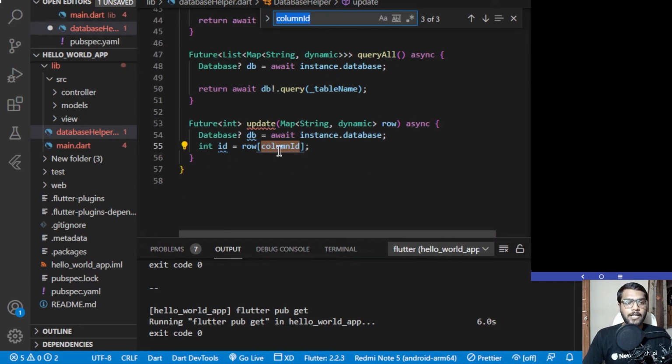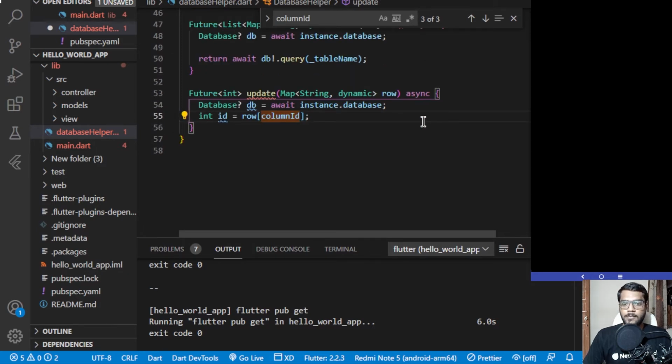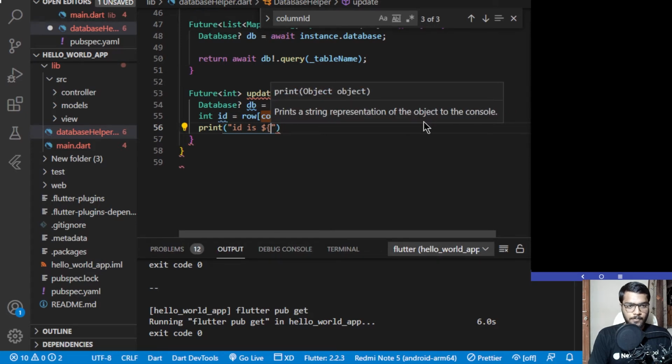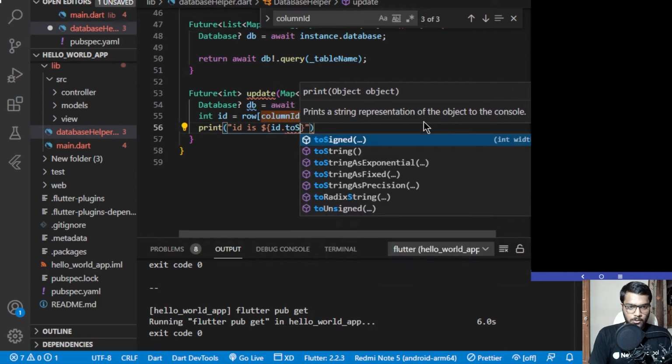So we will be getting the id of that particular column, so all the ids will be appearing over here. We can also print this id, so 'id is $id' inside this, id.toString.